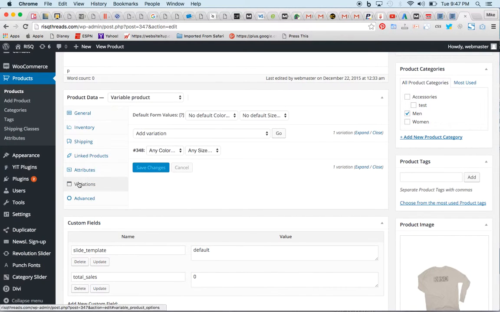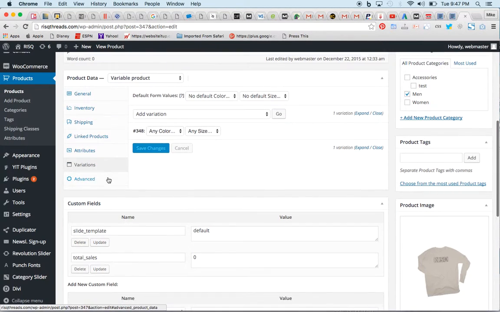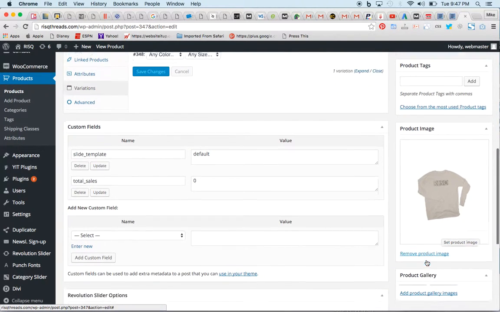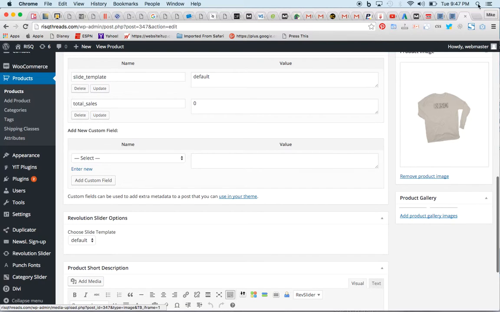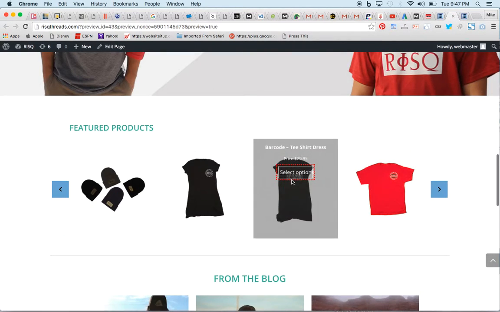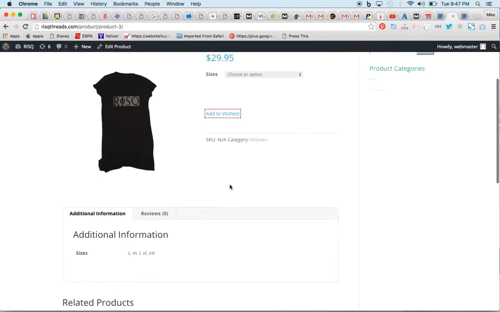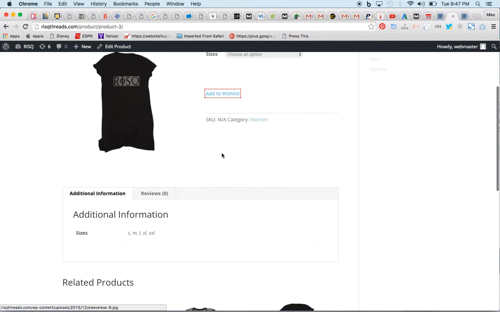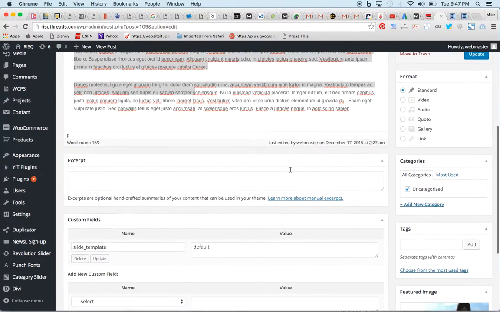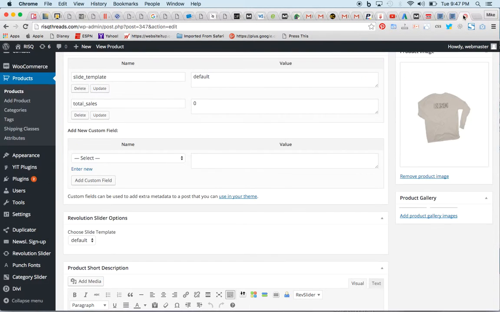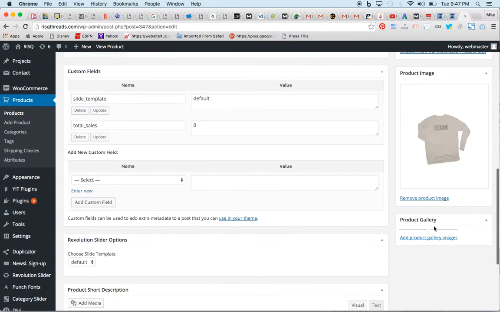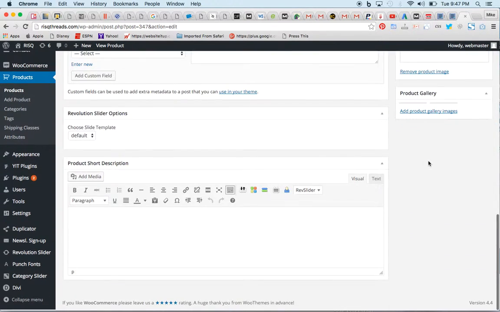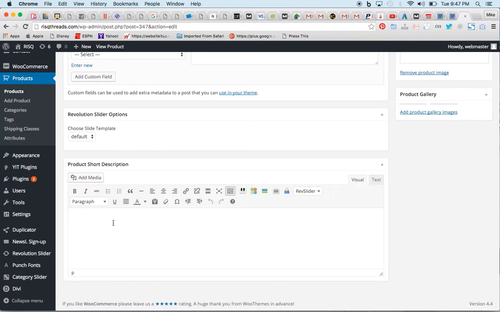variations if you have the shirt in different colors. You can go through and add that. The product image here, you can add a product gallery here, and what that'll do is when you go to an individual product, it would have those thumbnail images below here, and that comes from adding, sorry, wrong page, adding a product gallery image. So if you wanted variations of the angle that you shot this image at, that's where you would add that, and then product short description here,